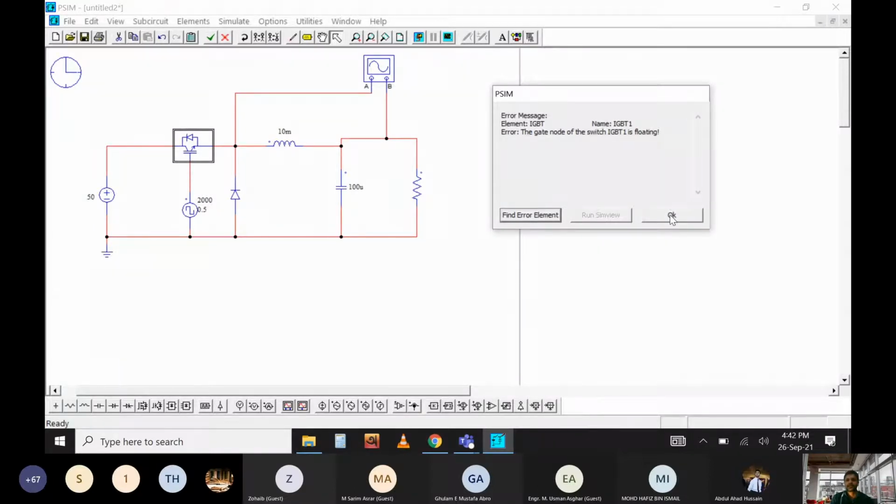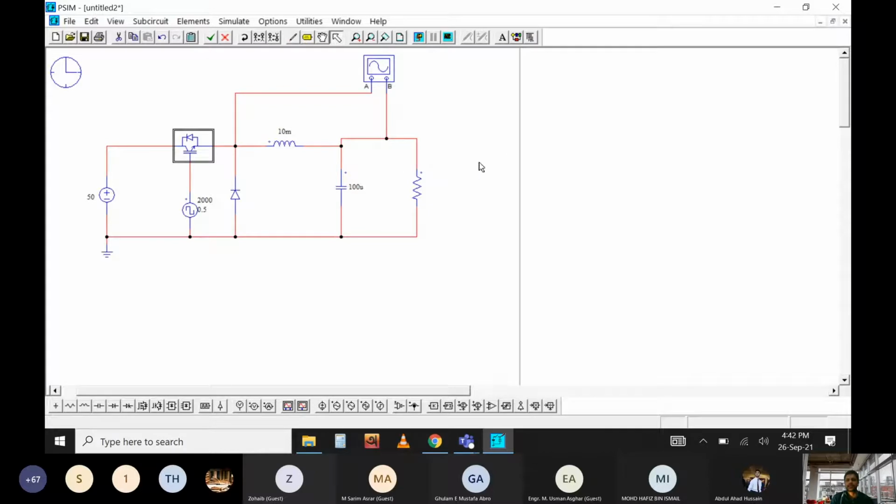This is a very crucial thing to remember: in PSIM, and I cannot stress this more, all the electronic switches available, like IGBT, MOSFET, BJT, or any thyristor, which are used as electronic switches and need a control signal to be driven, will require a switch controller.